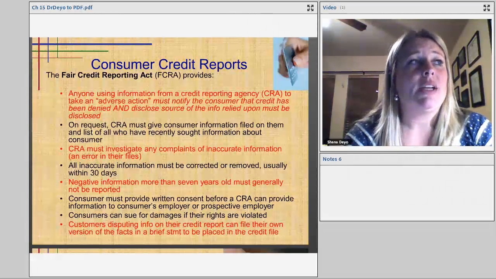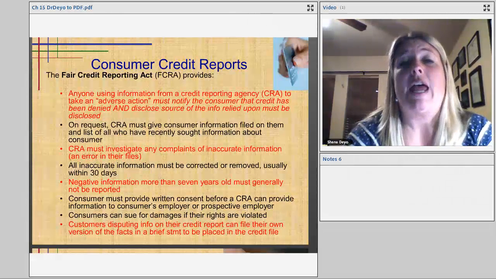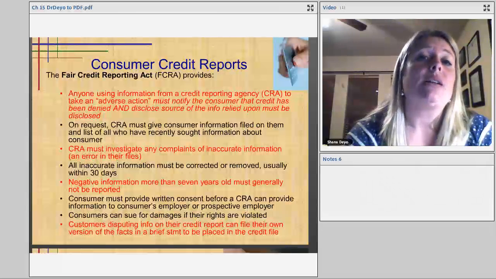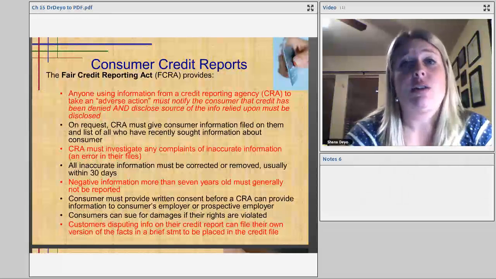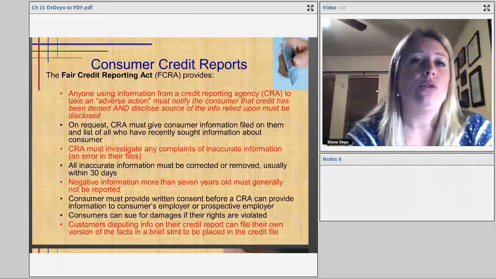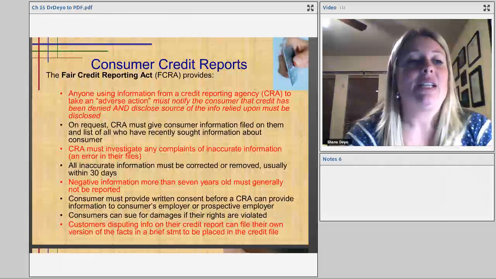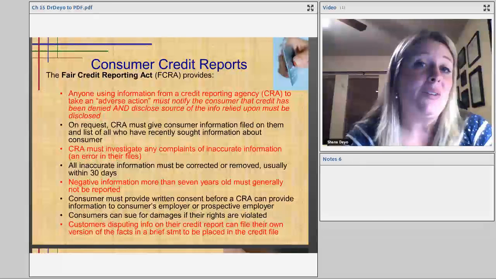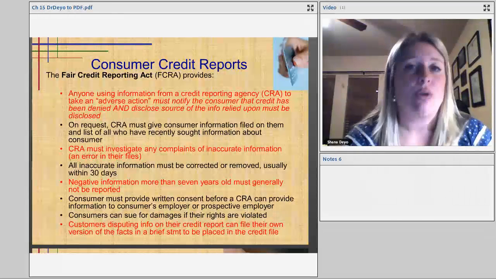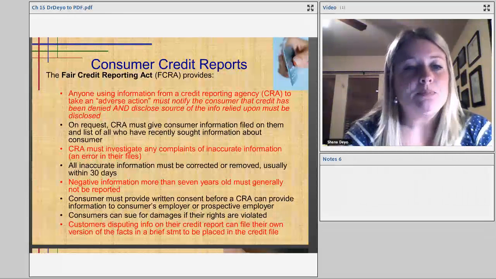So if I went down to Macy's and tried to take out a credit card and they deny me, then I'm going to get a statement in the mail probably a week to 2 weeks later that says, you were denied because you have too many credit cards. So they have to tell you the reason, and they have to tell you that we used Equifax credit agency to make that determination. They don't have to go into specific detail, but they have to tell you that you have too much credit, or too many credit cards, or you've been in default too many times. They have to tell you why.